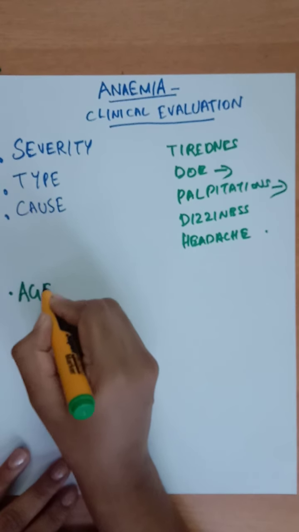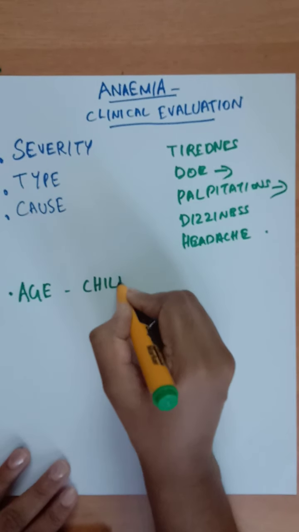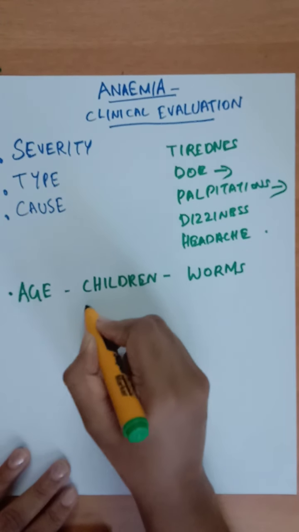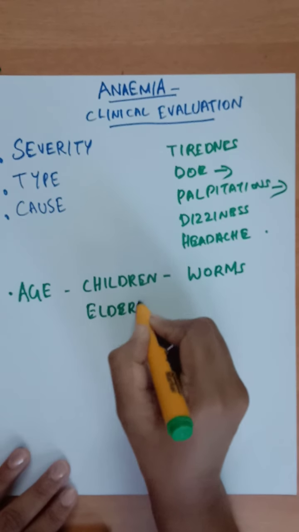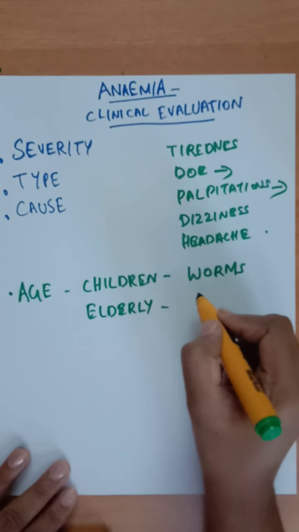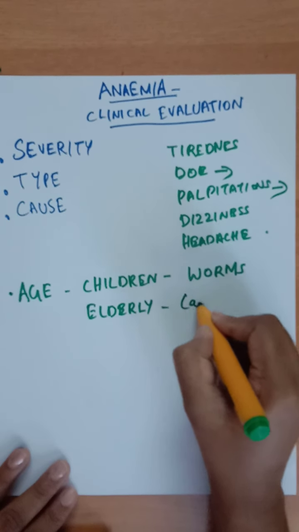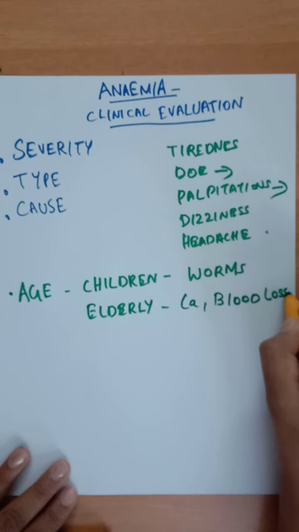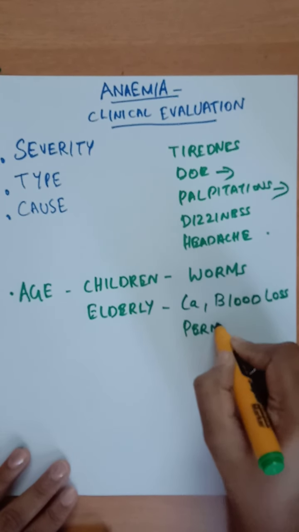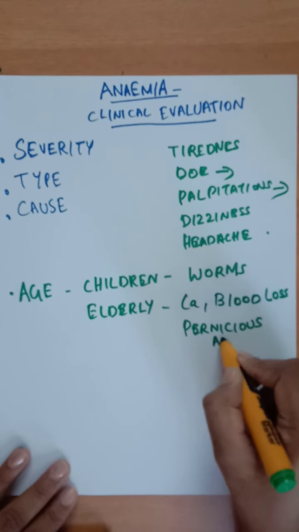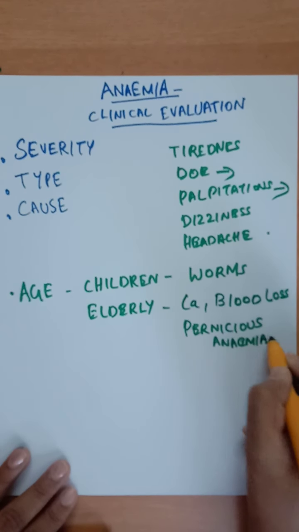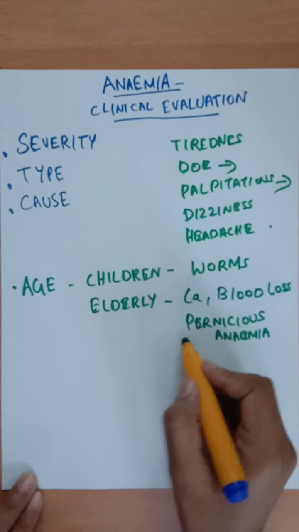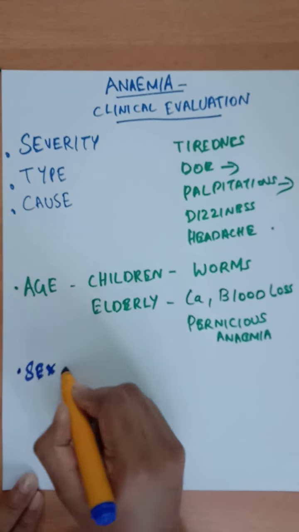In age, in children we have to suspect worm infestation, and if it is elderly, we have to consider risk factors like malignancy or GI blood loss, and pernicious anemia. And in sex, in female,